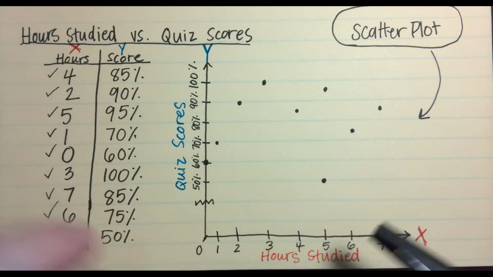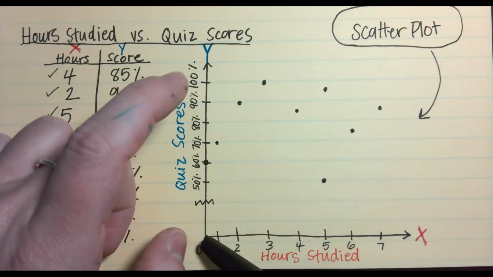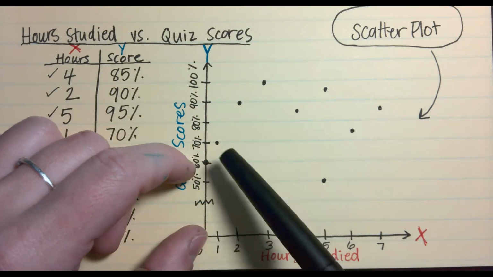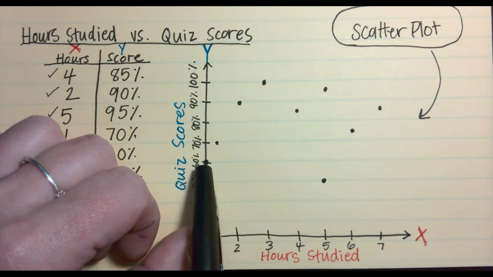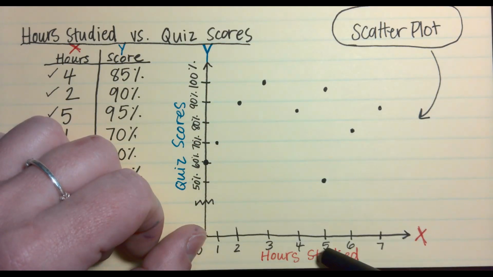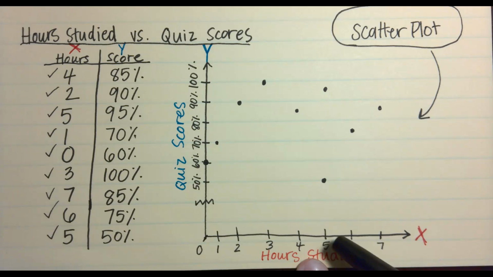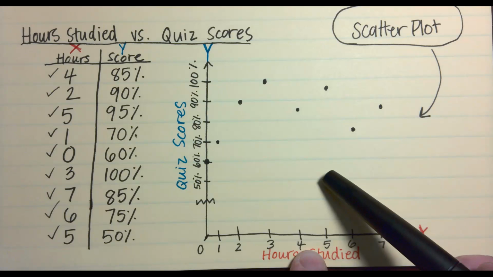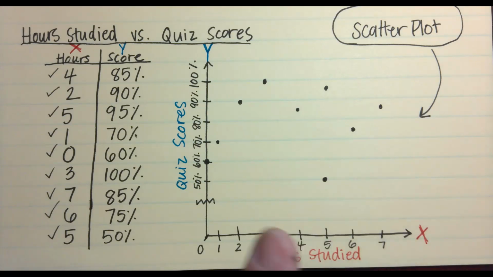But then you also see something happening here, like the person that studied the least got the lowest score. You know, and so if you look at it from this point, there is a possible positive, and maybe we need to consider this person that studied for 5 hours and got a 50%. Maybe that's an outlier. Maybe that should not be in our data. It kind of fits the trend though. It does slightly fit the trend, I will say.